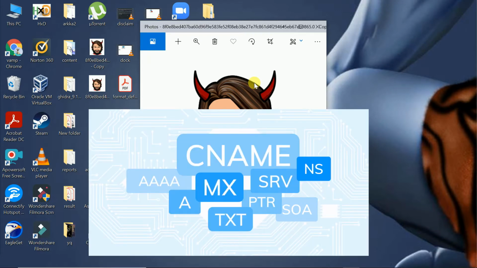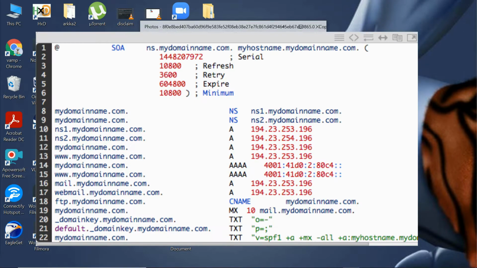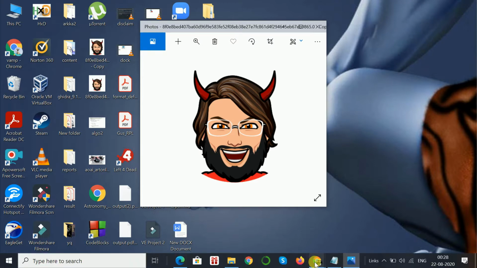If you remember from our past videos on Netcraft and WhoisLookup, we found a category there which is named name server, and it looks like ns1, ns2. Let me show you one more time so that it is very clear.